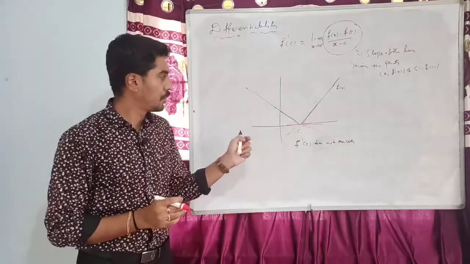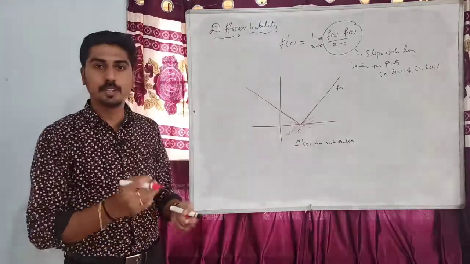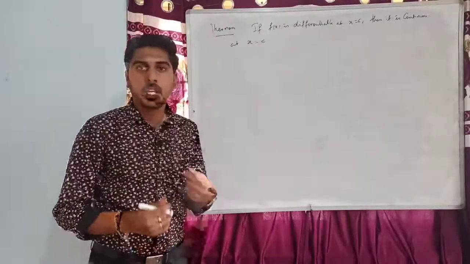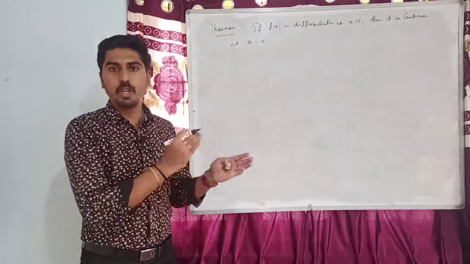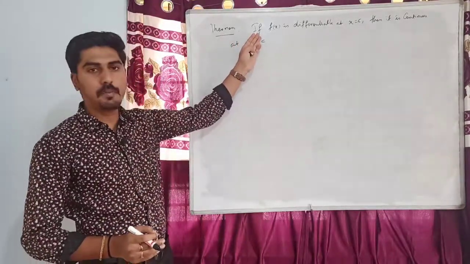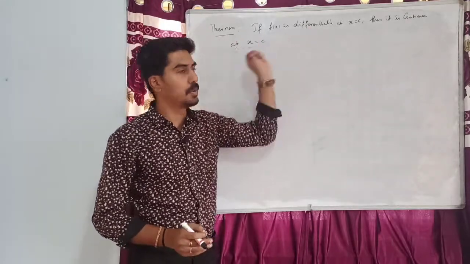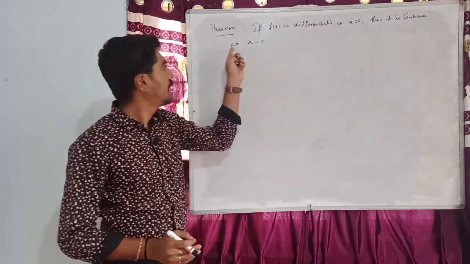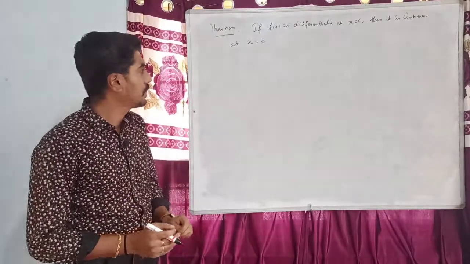Since the tangent is not unique, f dash of c does not exist. Now let me consider a property of differentiable functions. If a function f of x is differentiable at x equal to c, then it is continuous at x equal to c. To prove this,